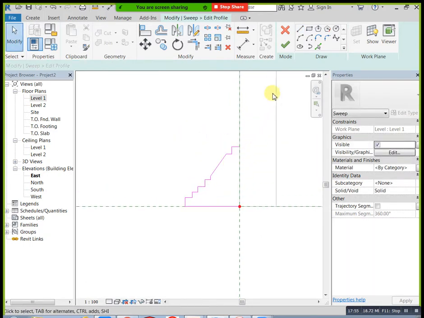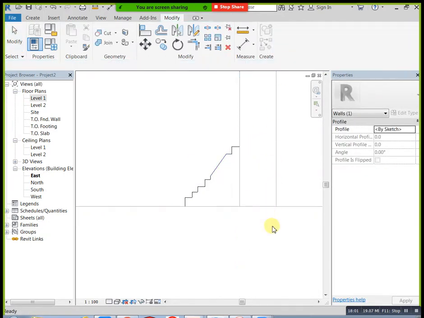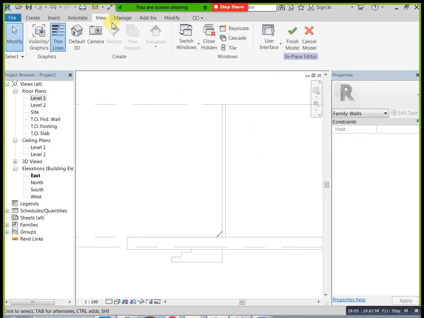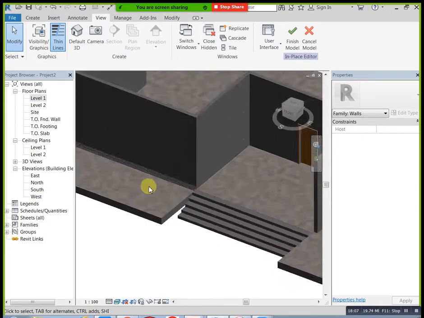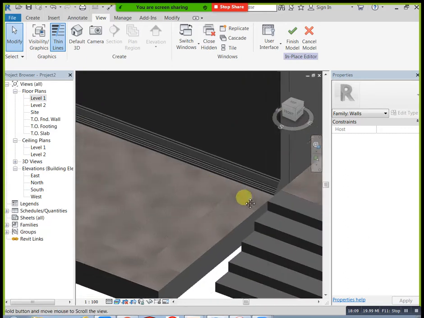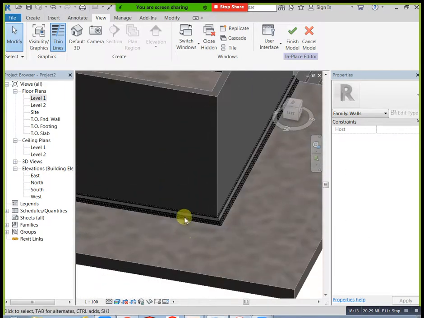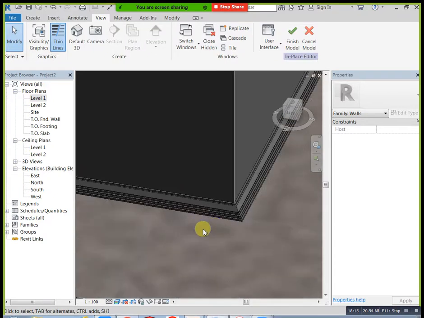Once you apply 3D here, like this type of borders you will get. Okay. If you need top side, you can mention top side. If you need ground side, you can mention ground side by using sweep. Okay, next, finish.